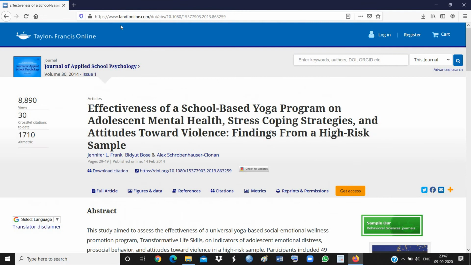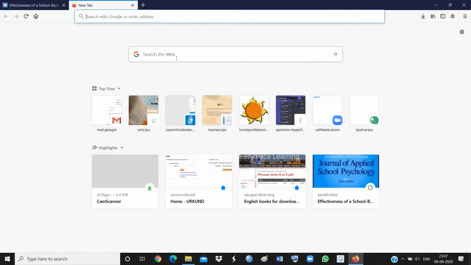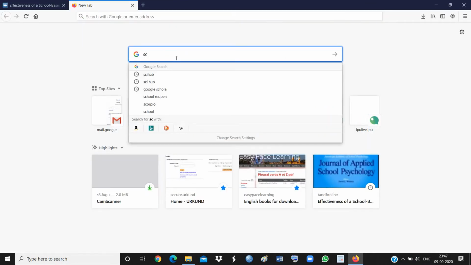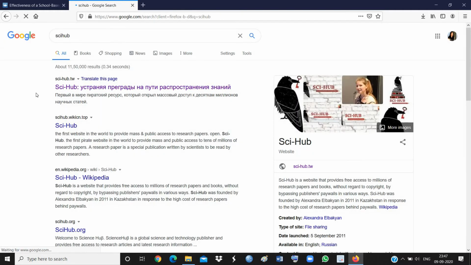What we need to do is go to Google, and over there type Sci-Hub, that is SCIHUB. After clicking on it, you will land on the Google search page, where the first search result is actually Sci-Hub, and you can identify this website easily by something written in another language.